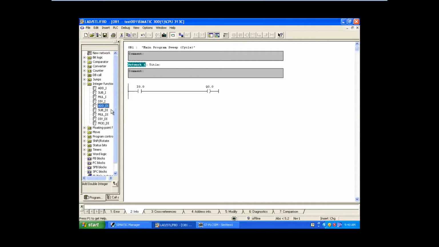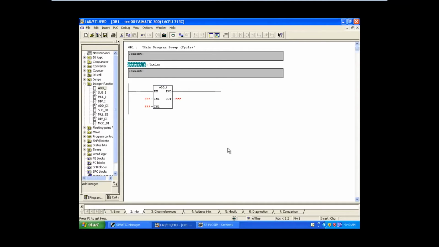Right. So first I'll take the addition block. I just connected one input and one output, and in between I'm going to connect the addition block. So just look into it. What is the input to the addition block? Just a minute, I'll remove this so that you get to know better. See here, when I took the block, it has three inputs and two outputs.